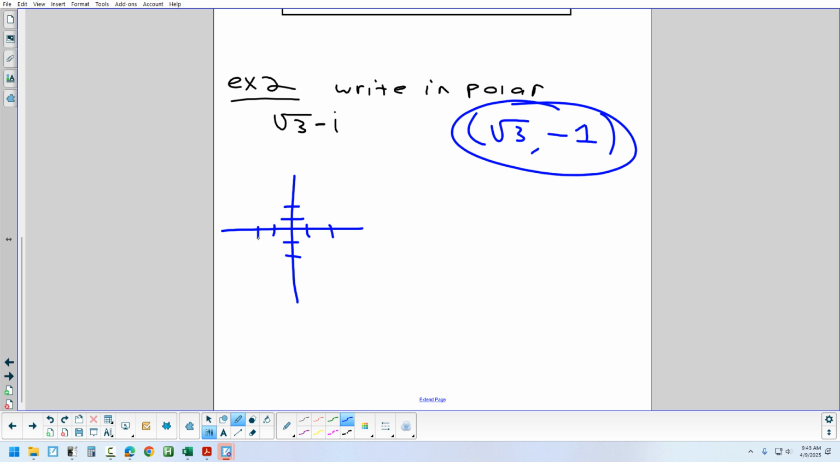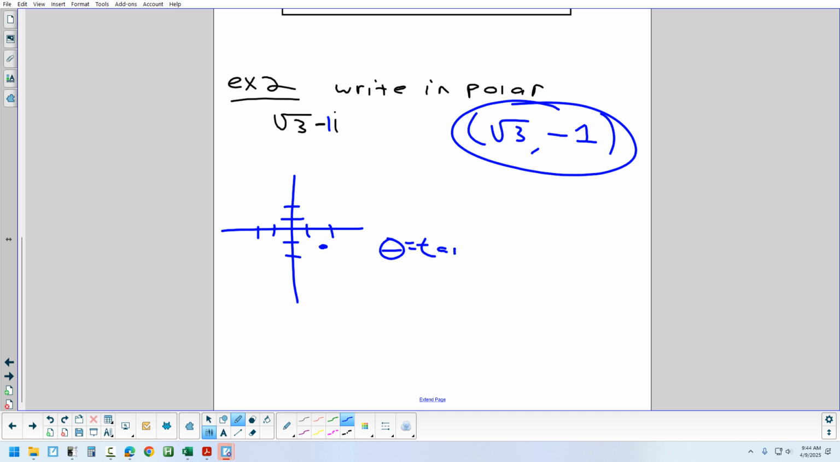Positive root 3 and negative 1i. What quadrant is that in? 4. Yep. We're going to go right and down. Positive, negative. I don't care exactly. I mean, I went down too much, but again, it's right and it's down. It's quadrant 4. When you're in quadrant 4, do you have to add 180? No. So your angle